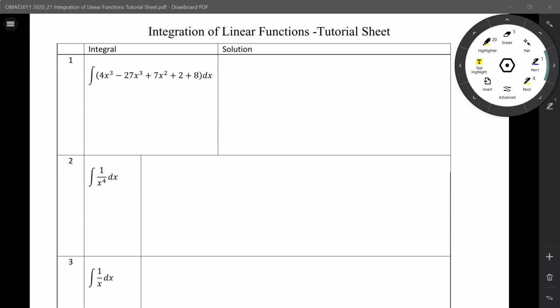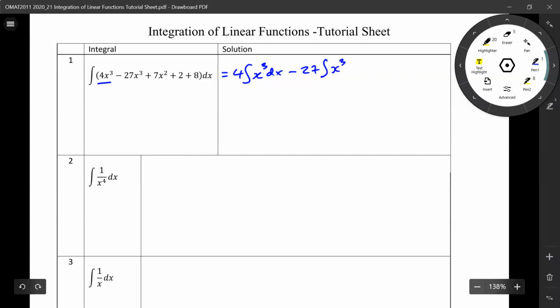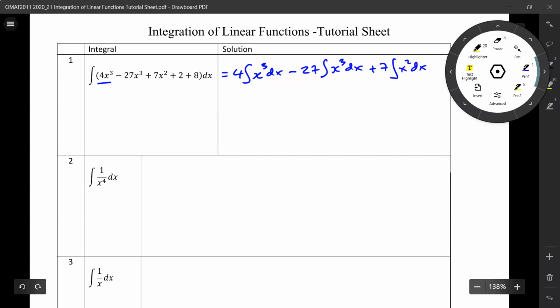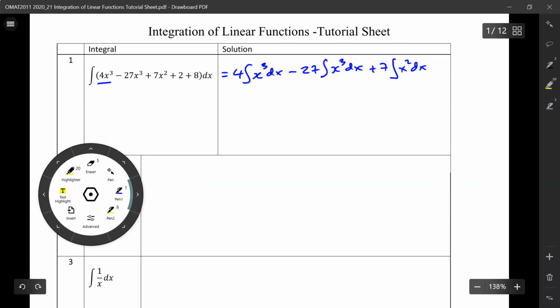Okay, so if we integrate this first function here, you can separate it into different integrals. So that's the integral of 4x cubed dx, that's the first one, minus 27 times the integral of x cubed again. I probably should have switched that to x to the 4, but now I haven't done it. I'll leave it as x cubed plus 7 times the integral of x squared dx plus 2 times the integral of